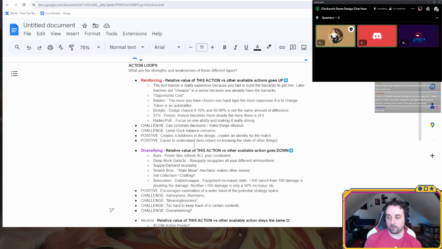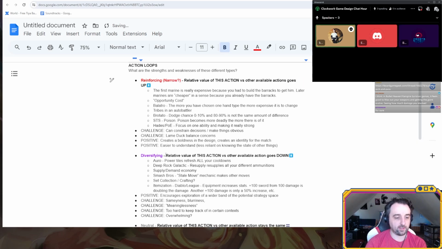Yeah, you're becoming a big spiky shape with reinforcing, getting way far out in one direction, whereas with diversifying, you're covering all the little spots in the middle. Earlier, when I was trying to figure out a name, I was thinking about wide and narrow. But that's a little abstract, though I think it gets the point across. Yeah, totally.